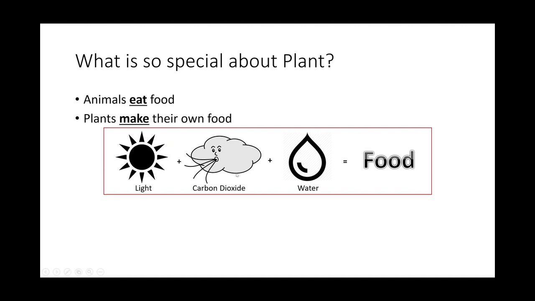They need light, carbon dioxide and water. Okay, I think everyone should know what the water and light are. So what is carbon dioxide? For those of you who are not familiar with carbon dioxide, basically every day you need to